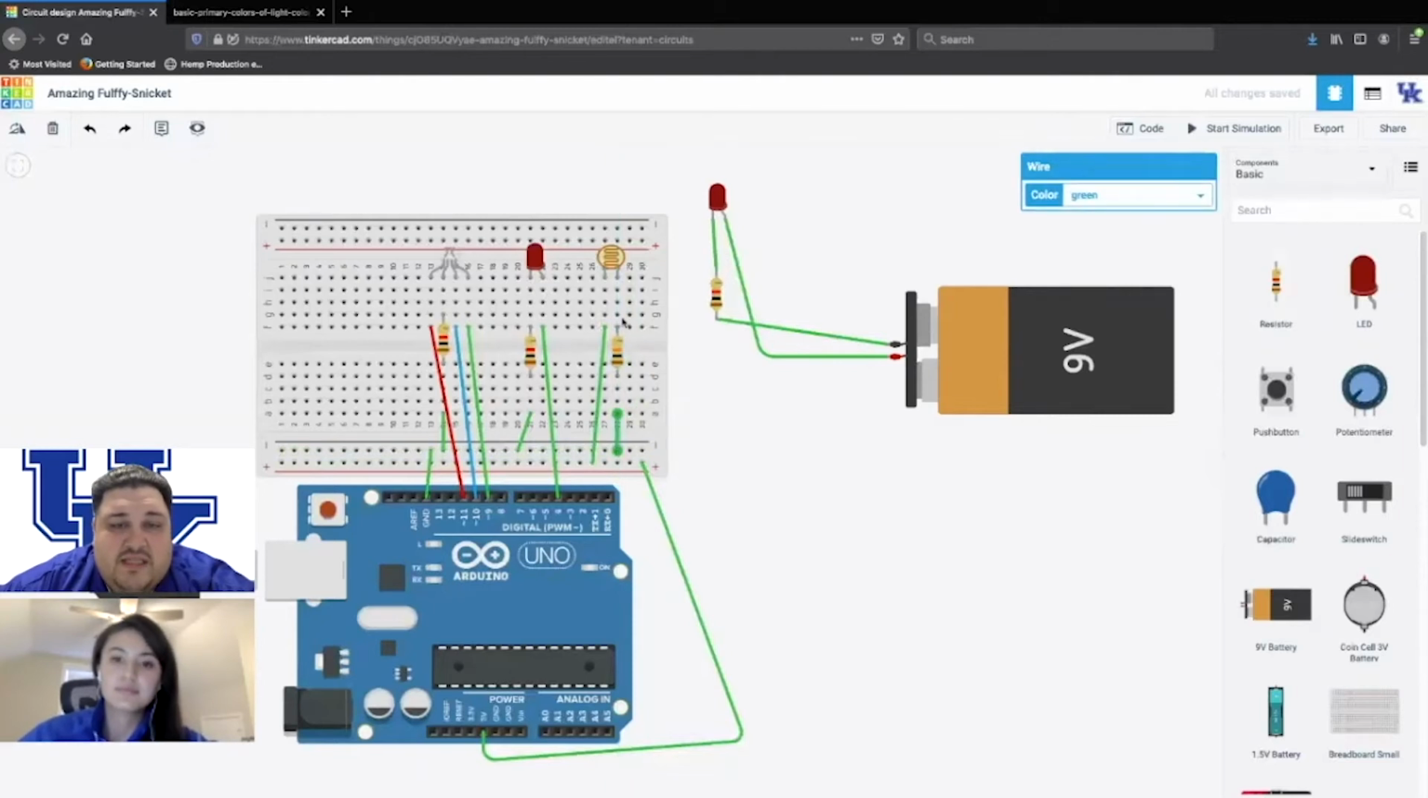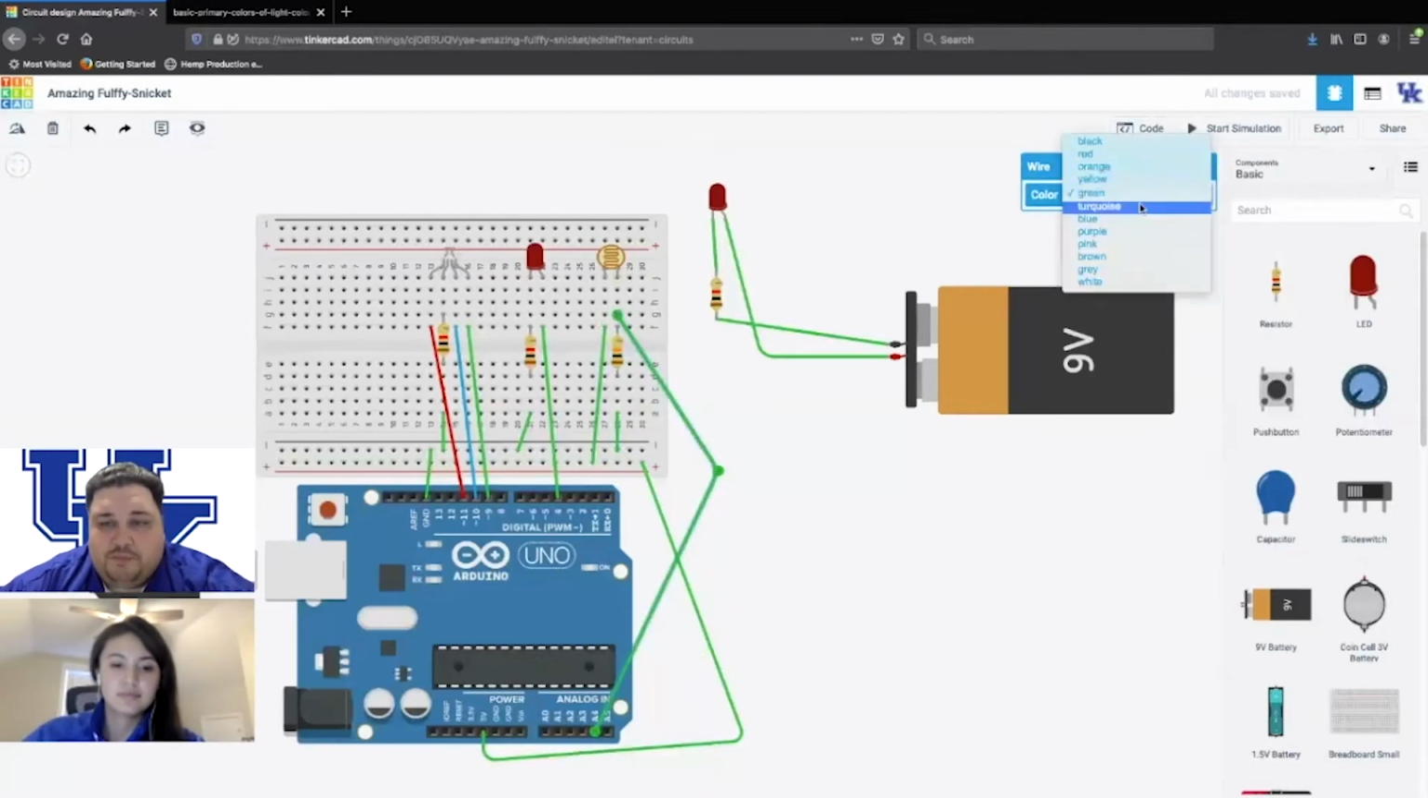And we're going to take a signal from this. So I'm going to put a wire between the resistor and the photoresistor. And I'm going to connect that down here to A4. And to make this wire stand out, I'm going to make it orange for you. Okay, so once we do that, we can hit